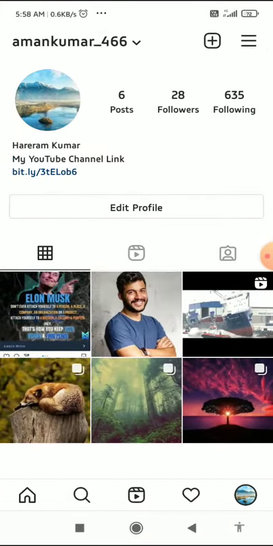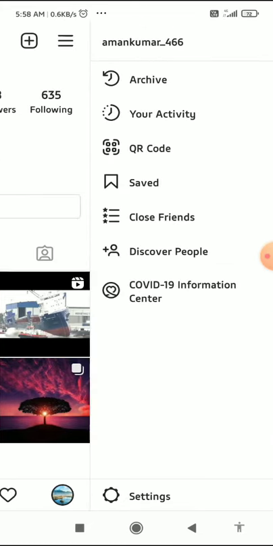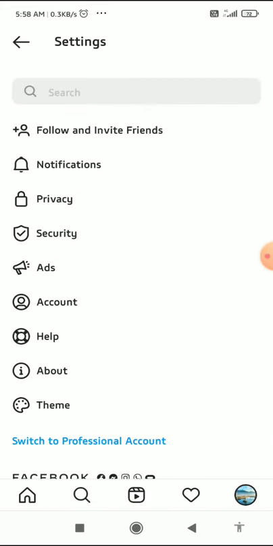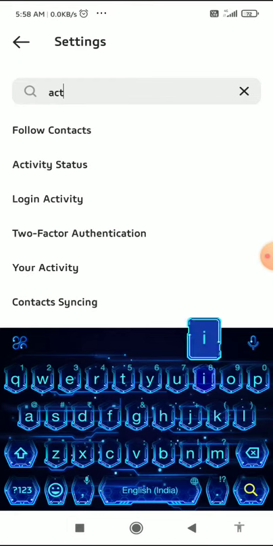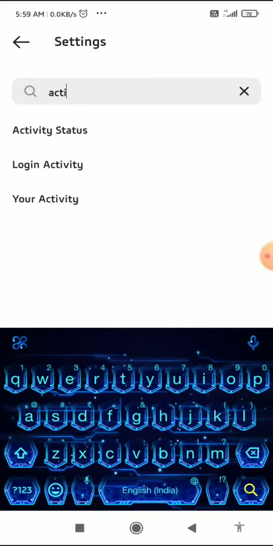The very first thing you have to do is click on these three horizontal lines in the top right corner and then go to the settings. And the very easiest way to appear offline by turning off active status is to search for activity, and when you click on it, these three options come up, but you have to click on the first option,